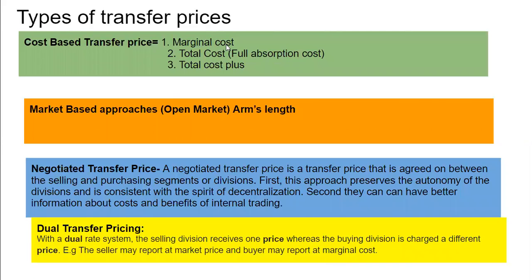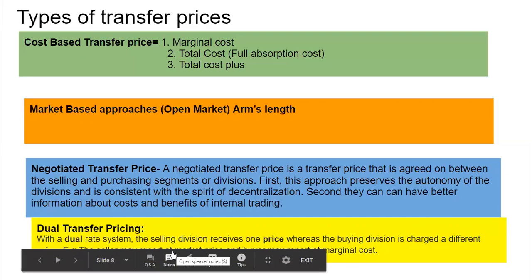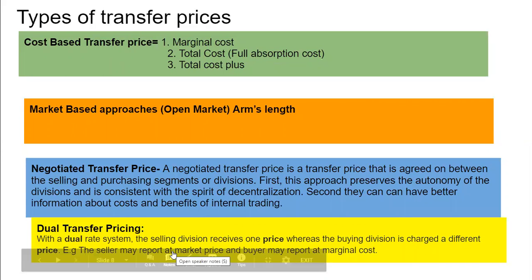So cost-based transfer pricing, apart from the general rule, okay? If a question asks you to calculate a transfer price where the group profit is optimized, take none of these and just go for the general rule and see whether the external market exists both for the buyer and the seller, and whether there are any capacity limitations with spare capacity or no spare capacity,